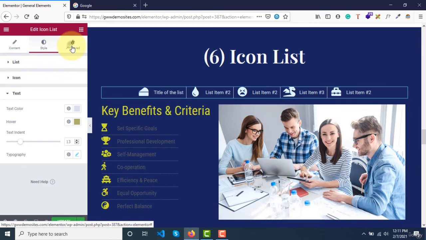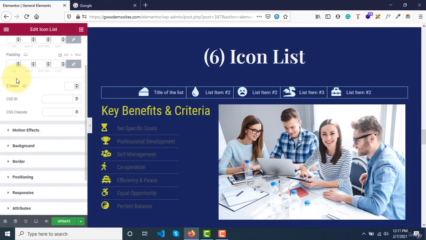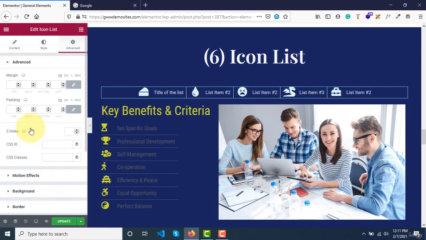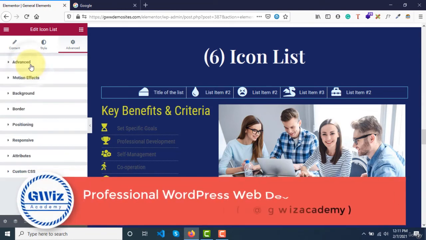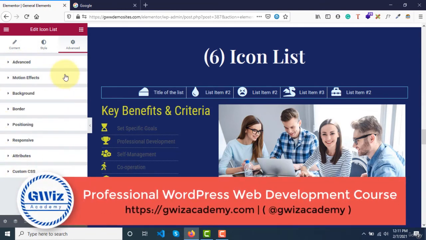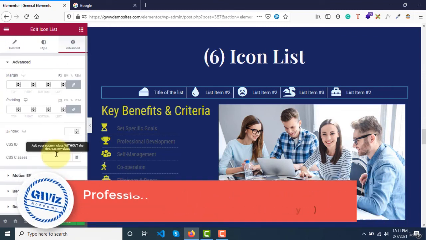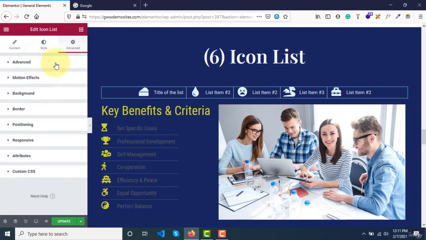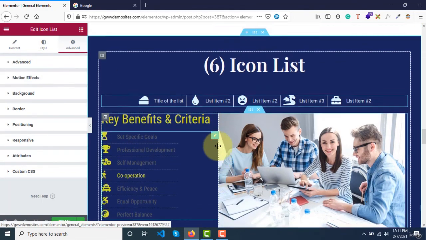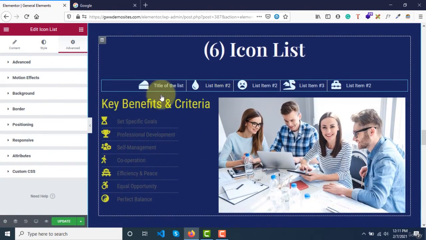And then again, in the advanced tab, do we have anything new? No, I don't think so. I guess we have already seen this. So we have paddings and margins, all those things, all are the same. So yeah, that's fine. And then now let's move ahead to the next